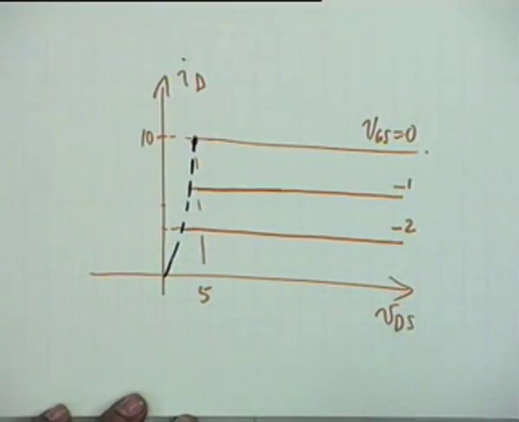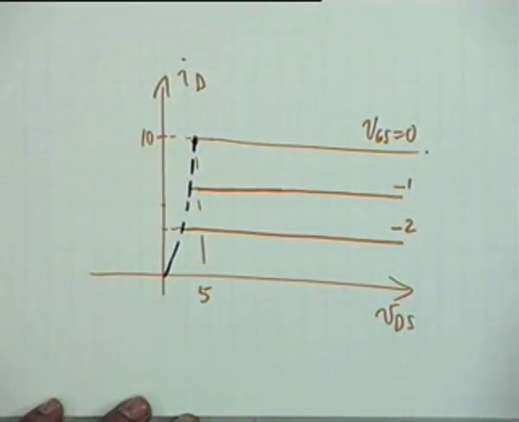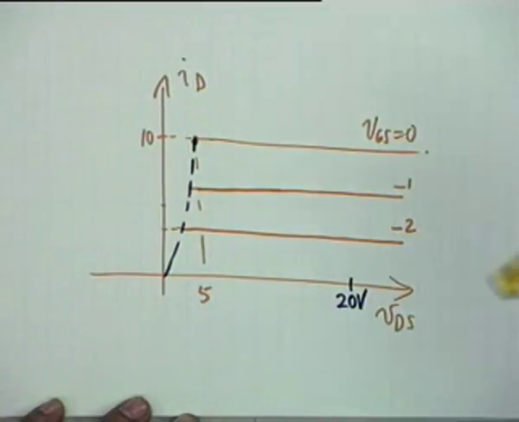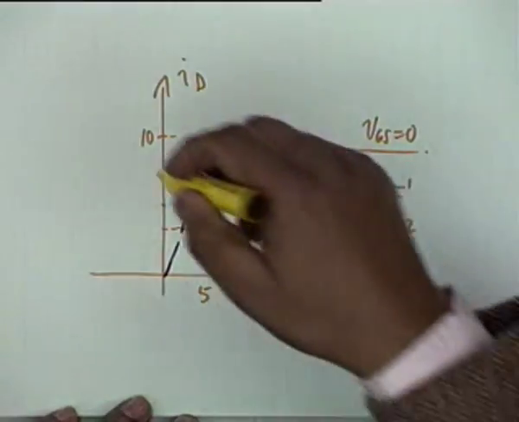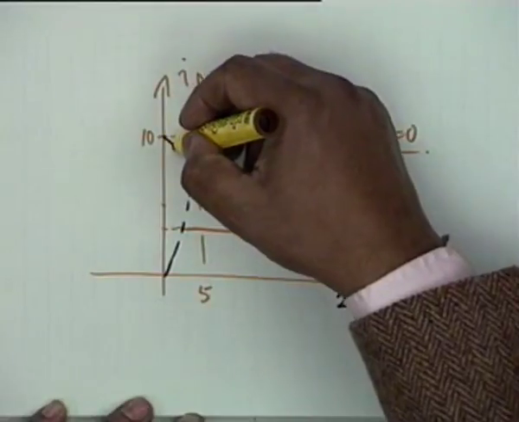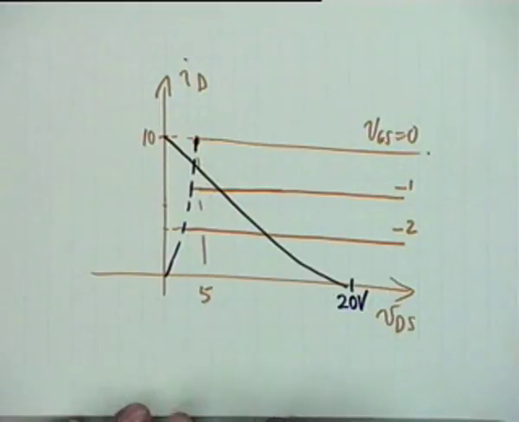If you want to draw a load line, where does it start here at 20 volt? Let's take 7, okay, this is 20 volt. Where does it end here on the ID characteristic? 10 milliamperes. Okay, so this is my load line. Oh, I'm sorry, it didn't become a straight line. Anyway, you make it a straight line.